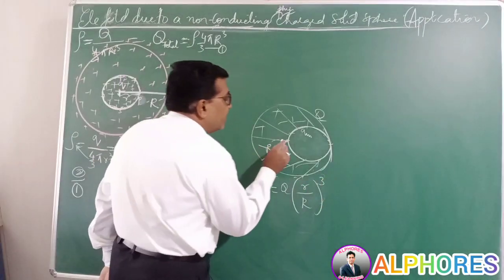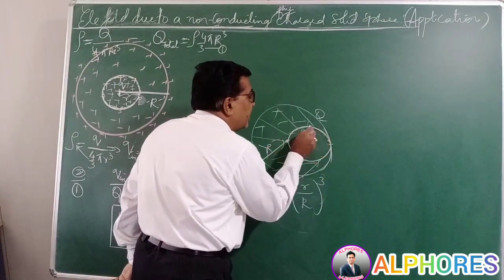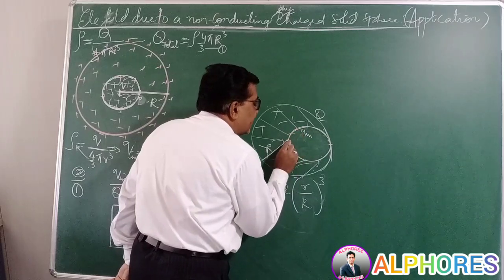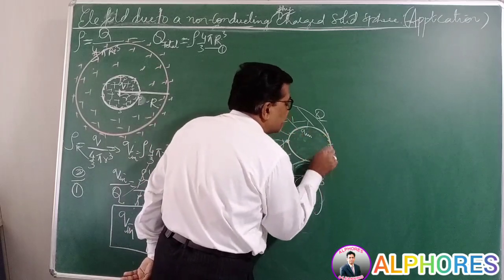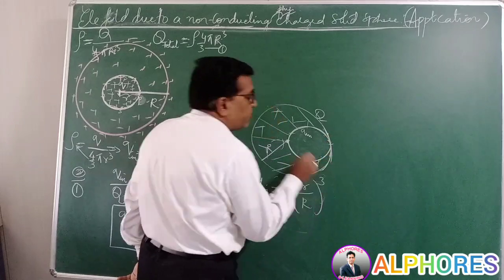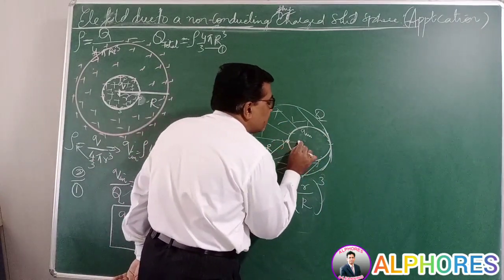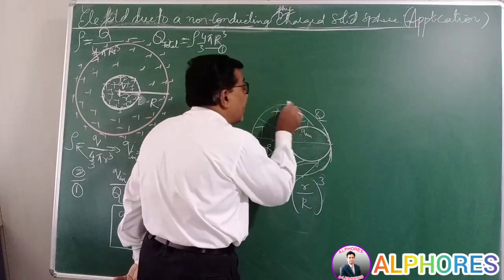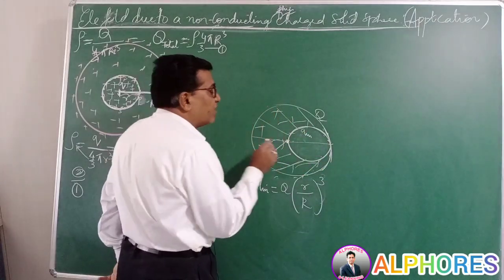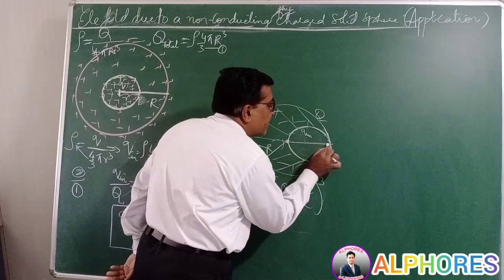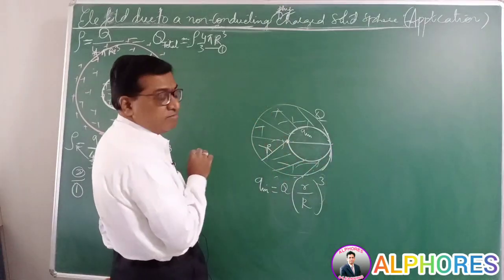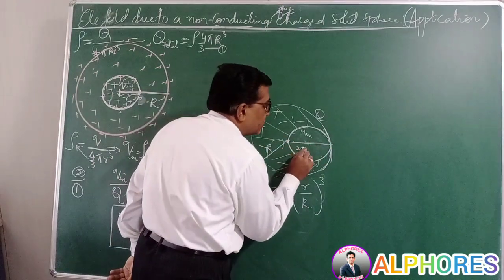Now the given inner sphere is touching the center and even touching the surface. It is touching the periphery of the sphere, and it's passing through the center of the sphere. Now the distance from here to here is the radius of the bigger sphere, capital R. But this is the diameter of the smaller sphere, that is 2r.